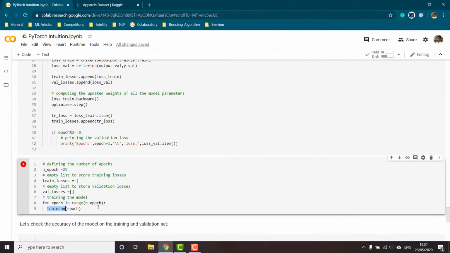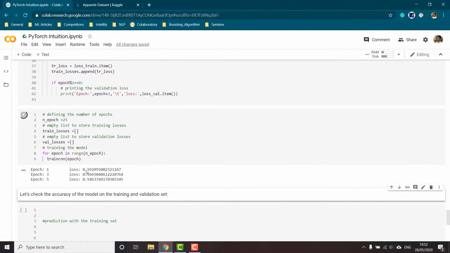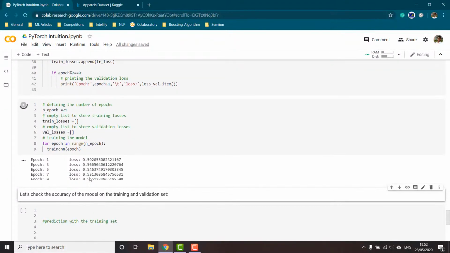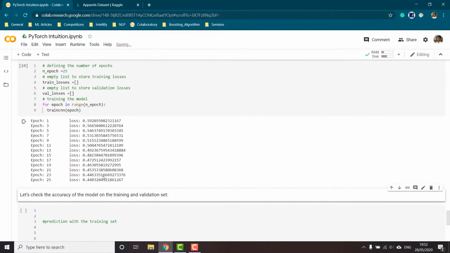So train CNN epoch. Everything remains the same, we just have to change the name. So let us run our model on GPU. You can see that our model runs much faster in comparison to CPU. This is the way you can perform image classification using GPU in PyTorch.